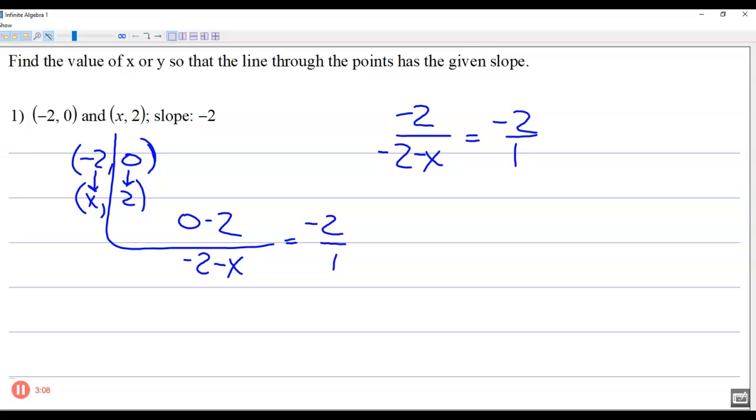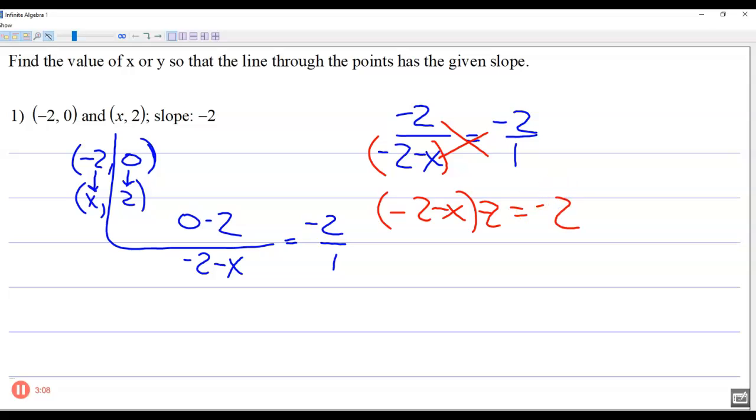If you're lucky and these two are the same, you can just ignore them and solve that. That doesn't happen very often, but if it does, it saves you some time. So if they're the same, you could just go -2 minus x equals 1 and solve that. If they're not, let's pretend they're not. Cross multiply, but make sure you're using the distributive property here. So -2 minus x times -2